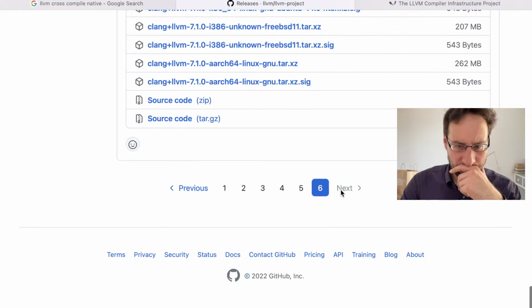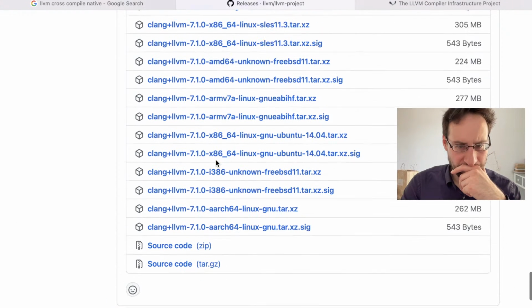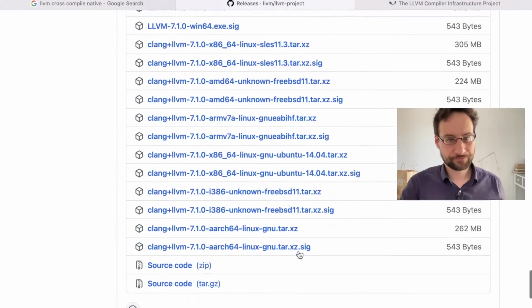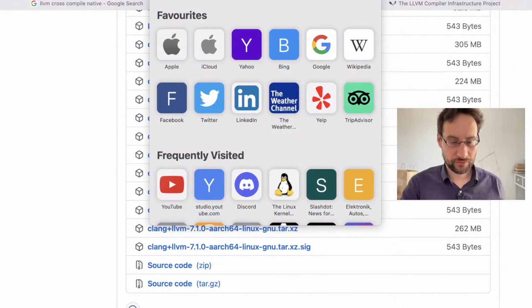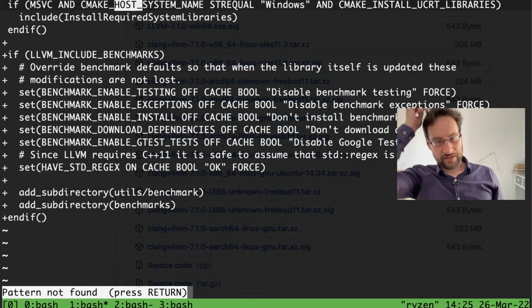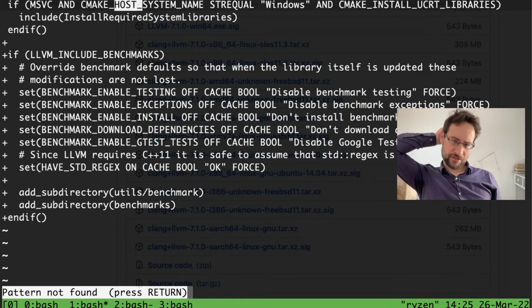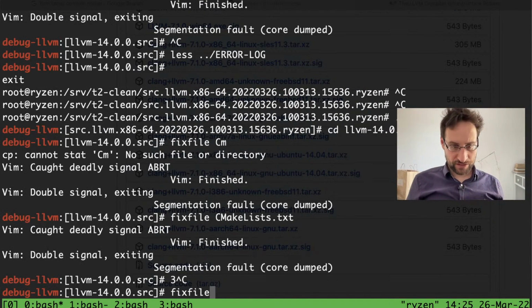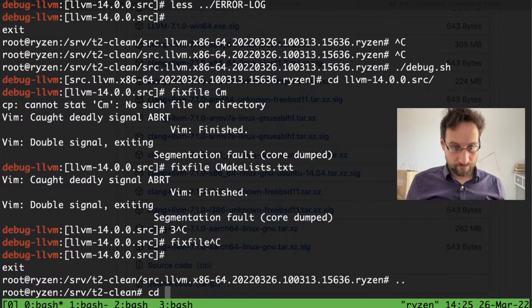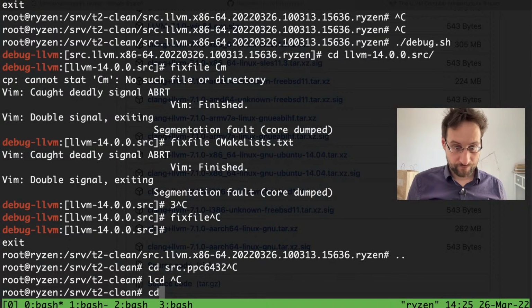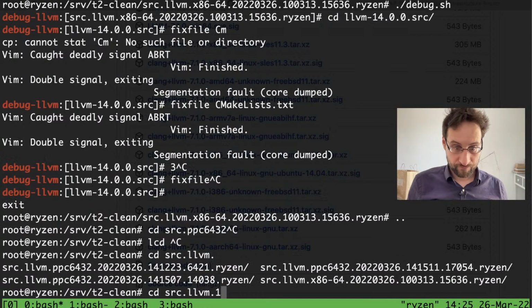Where do they have the old releases? Should we continue patching that? Maybe we should actually... PowerPC 64.